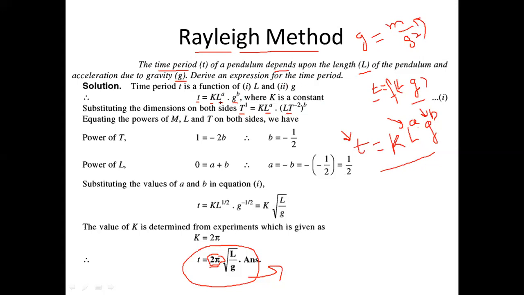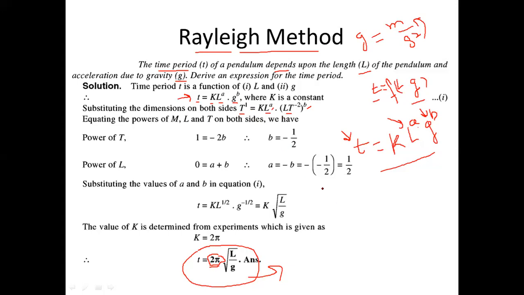But what we have done, we have raised L to the power a. So L to the power a and g to the power b. Fine. So I think there is no problem till this point. We just converted this relation into fundamental dimensions. After converting this into fundamental dimensions, we will try to equate the powers of the respective fundamental dimensions. Now, what does it mean? Again, I repeat my statement. After this step, we will try to equate the respective fundamental dimensions.